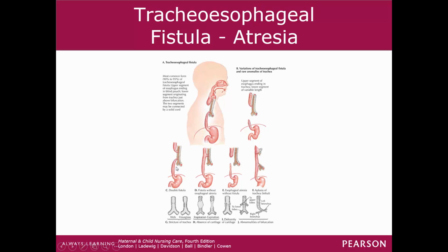So here's another different way this can form. You've got your atresia, but you've got these fistulas from both ends right into the trachea. So here you have a complete esophagus, but you have a fistula into the trachea. This picture you have no fistulas, you just have the atresia, okay? And then here, this crazy looking thing,